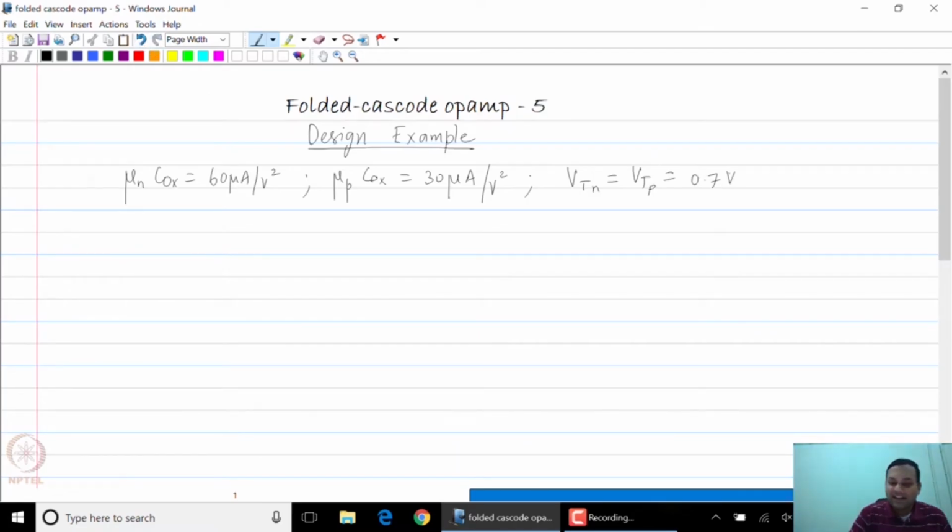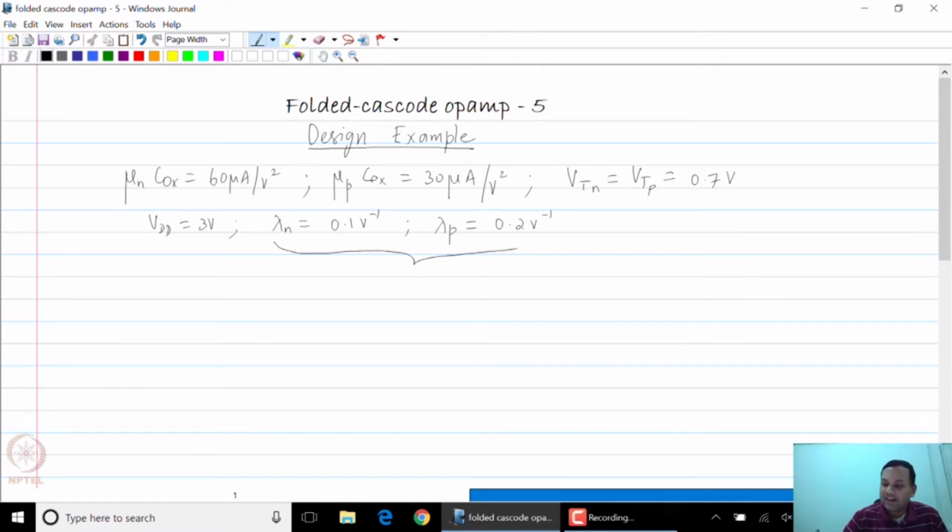And let us say that VDD, the supply voltage, is 3 volts, and we also need lambda. So let us say lambda n is 0.1 volt inverse and lambda p is equal to 0.2 volt inverse, and